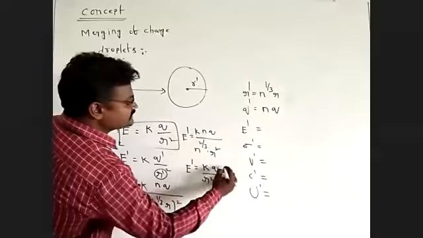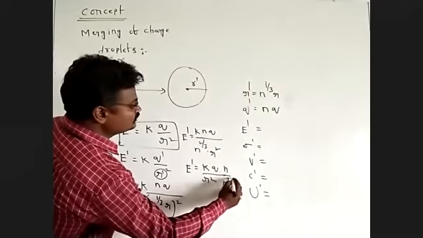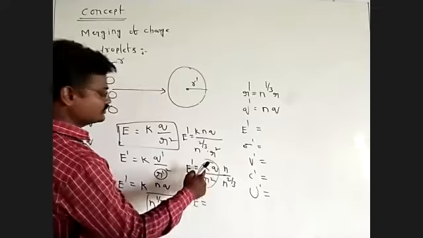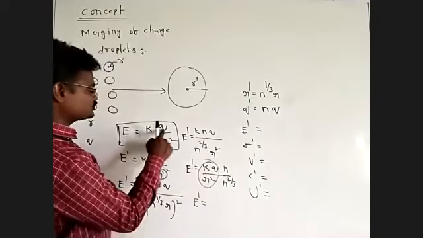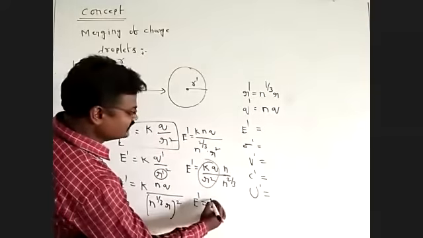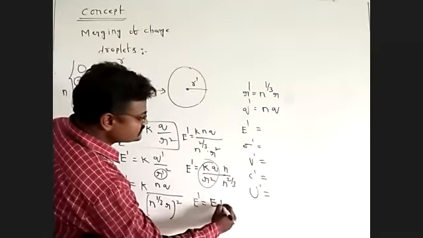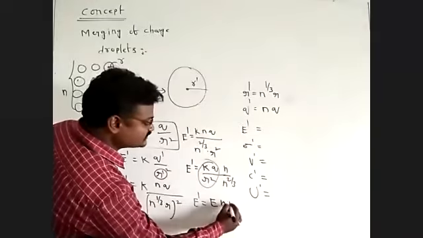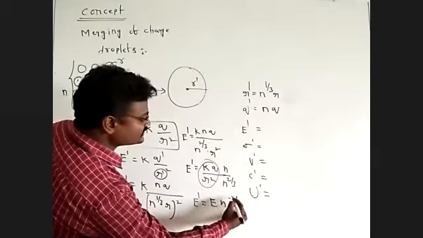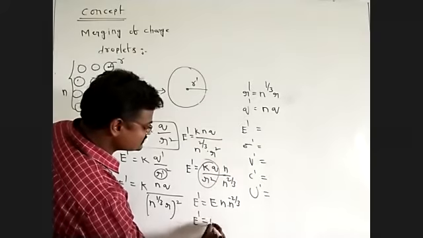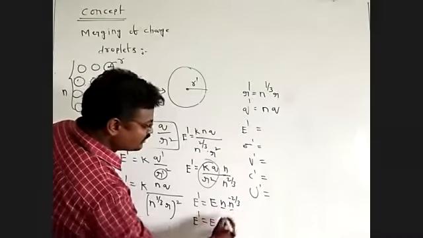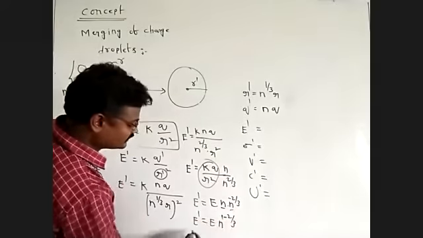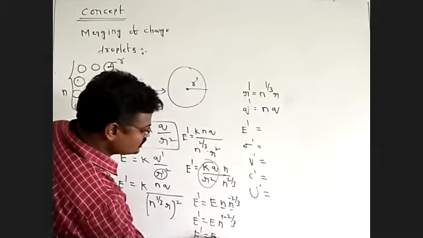This is N into downside N 2 by third. We are going to write E dash is equal to K Q by R square, which means E is equal to N 1 by N power of 2 by third. Take upside, that is N 2 by third minus. We are taking E dash is equal to E. Basis same, powers we are adding: 1 minus 2 by third. E dash is equal to E into N.